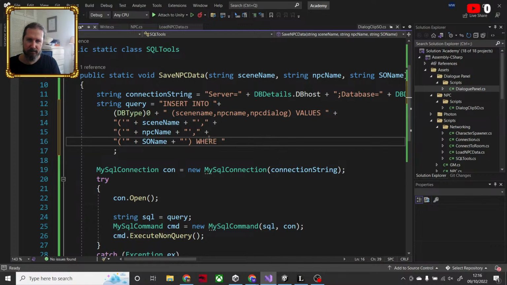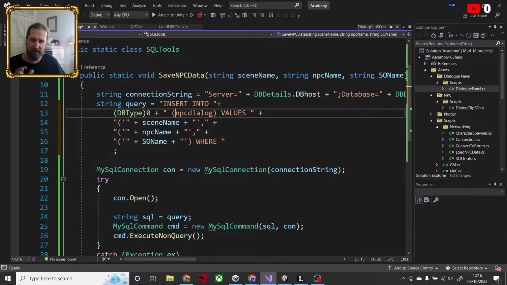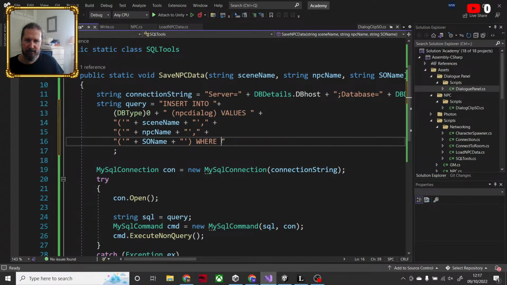Where, oh, sorry, no. I only want to update the NPC dialog, and I want to use those things. So where scene name is equal to scene name. Scene name. Put it in the wrong place.